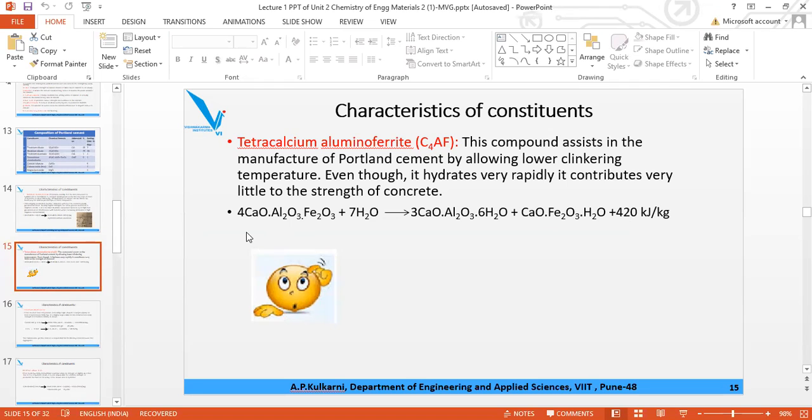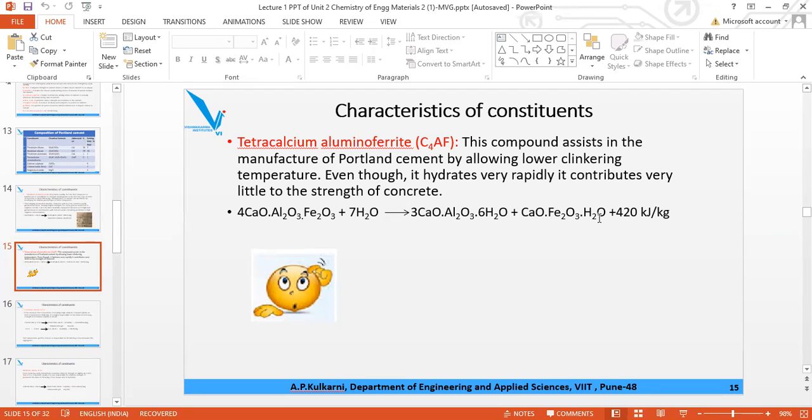What will be the short form? C4AF plus 7H2O gives C3A·6H2O plus... Please stop. Now continue. C4AF plus 7H2O. What will be the product? C3A·6H2O. This will be C3A·6H2O, and this will be, yes,